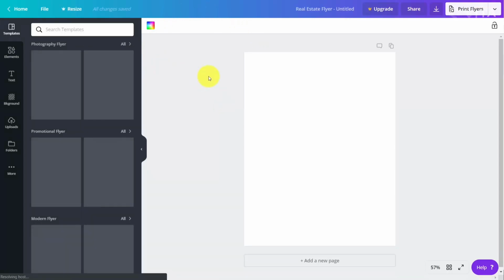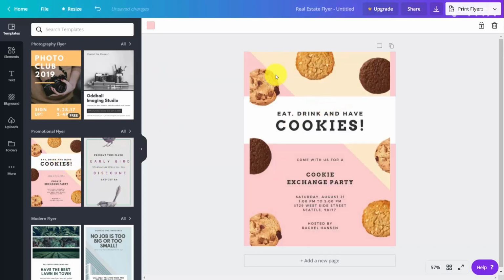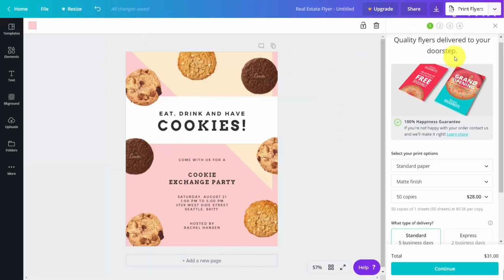What Canva is going to do is bring you into an area where you're going to have templates that are suggested for you to print off into flyers. So what we're going to do is choose one of these templates. You would then edit your flyers, and then you can click this button that says Print Flyers. Now obviously you can print this flyer and have it created through Canva, but what you can also do is